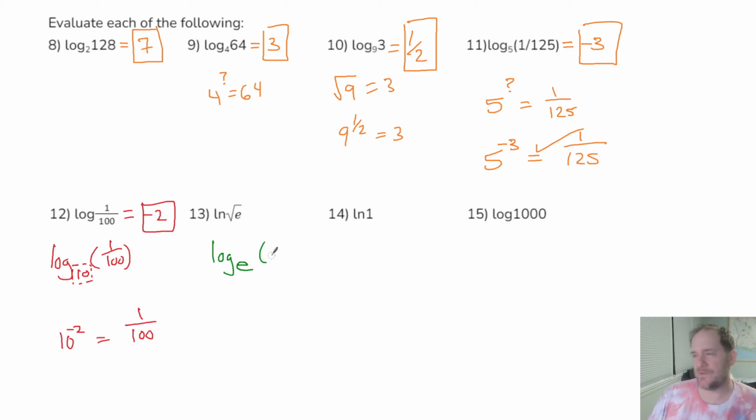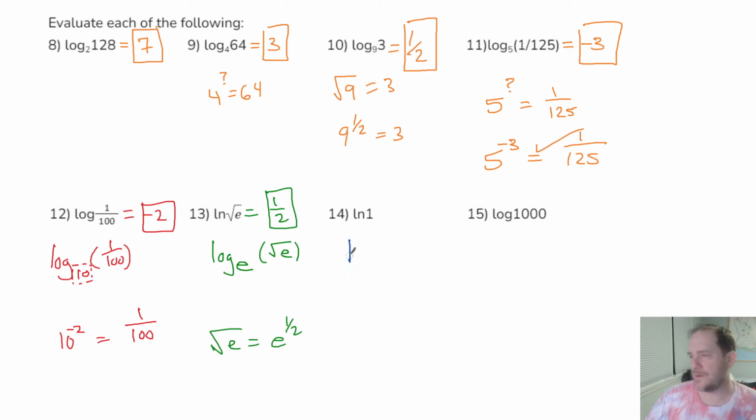And we're doing log base e of square root of e. But what's the square root of e? Square root of e would be e to the 1/2 power, right? So again, this question is just saying, what power should I raise my base of e to get e to the 1/2? Well, it's obviously 1/2. Right? So the answer there is 1/2. And next,